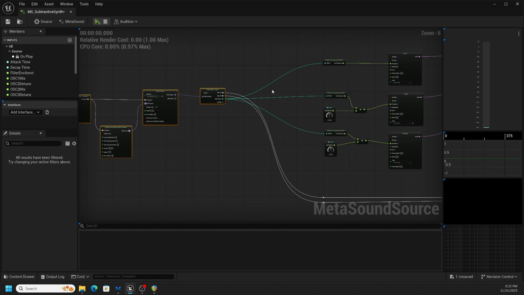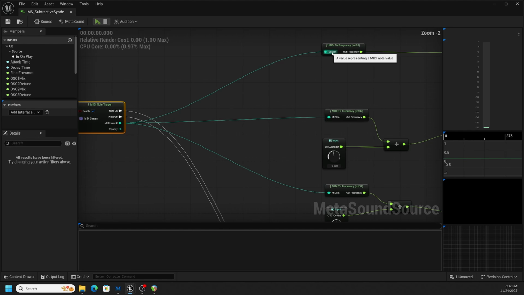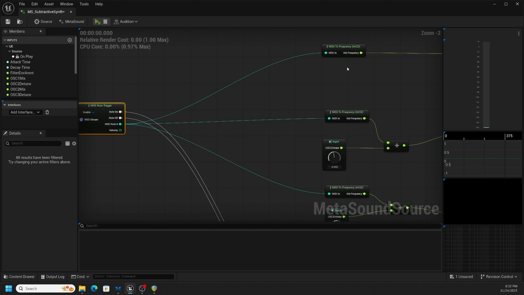I'm going to do the octave offset here when we're working with a MIDI note number. That gives us the ability to work with an integer, which is much easier to work with as far as frequency. So if we need to go up an octave, it's just the number 12, right? 12 semitones. We add those integers to the MIDI stream coming in, and we've transposed the note up 12 semitones. So our oscillator would be at a higher octave. So I'm going to do that here